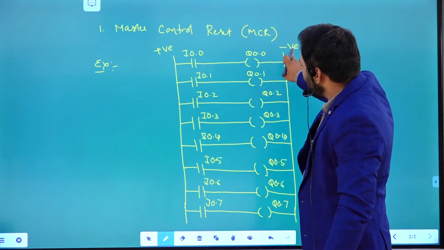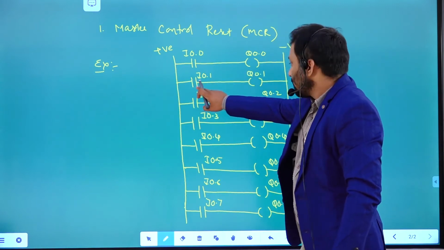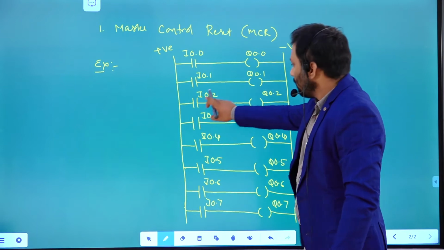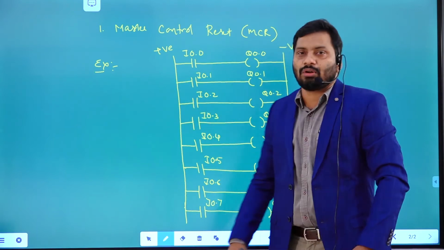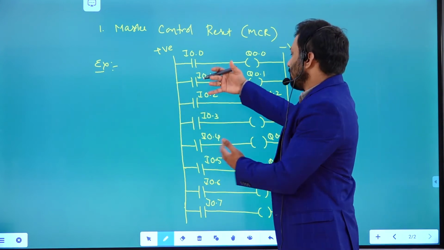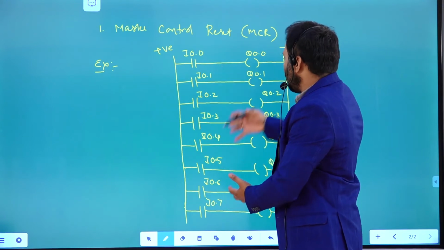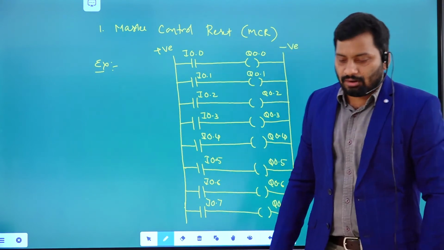First it's going to be executed. After completion of the first rung, it moves to the second rung, then the third rung. Like that, it's going to execute all the rungs by taking the input data from these particular addresses from the input image block. So based on the input, these outputs are going to be activated or not activated.